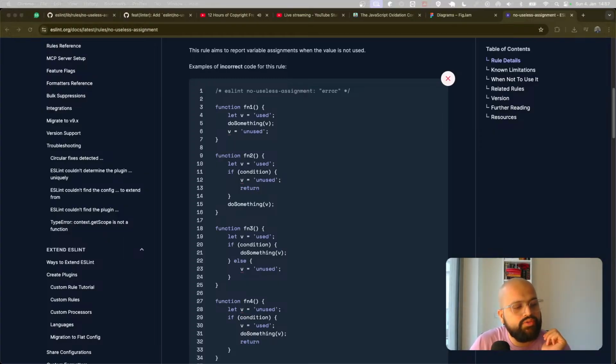So when I started on this, I used a simple rule. I'm not sure how much the volume of the music is, but I would iterate over the references of a variable and check if there is a read before a write. If there is a read, then the variable is used. If there is a write immediately after the first write, then the first write is useless. And this solves the easier parts, but as soon as you introduce a scope change, this breaks